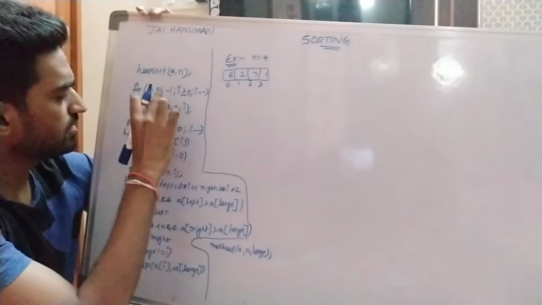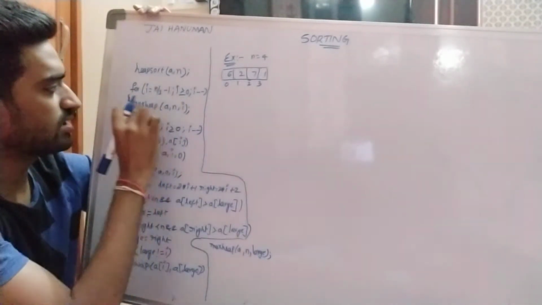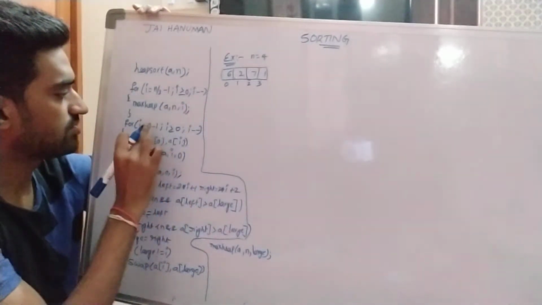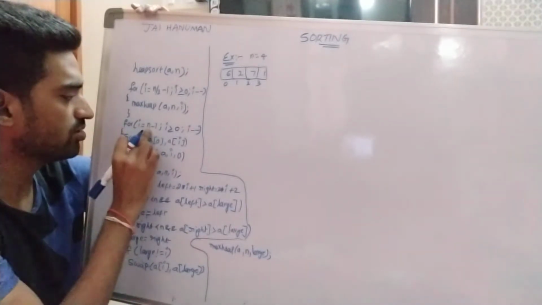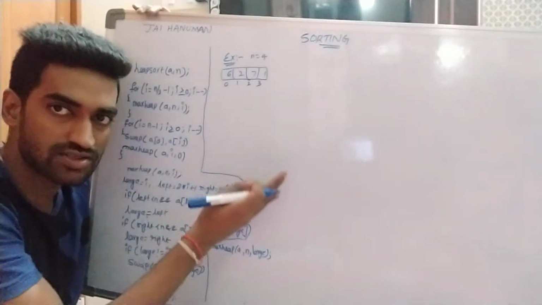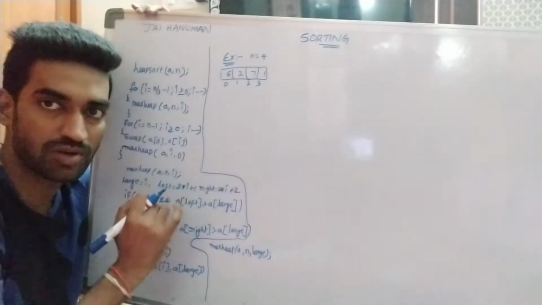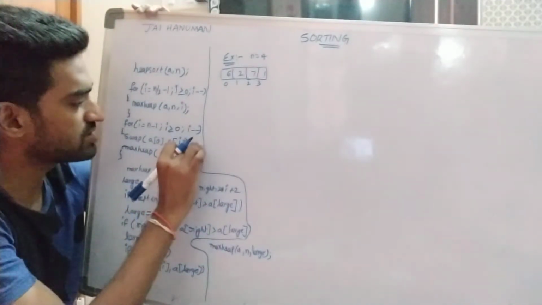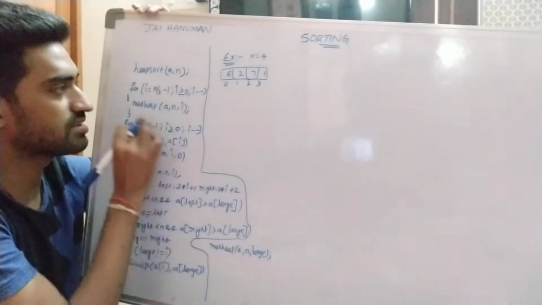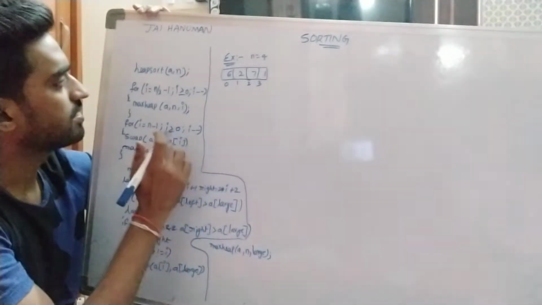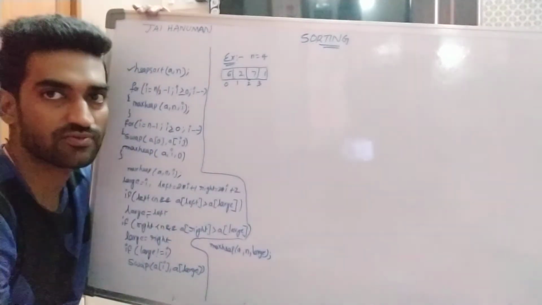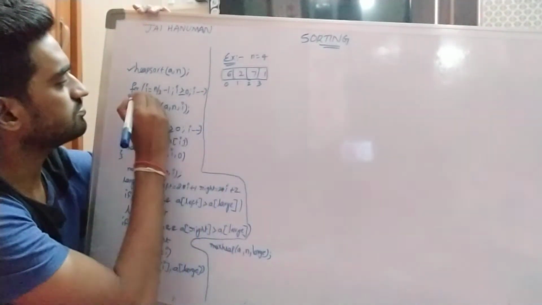First of all, there are two loops. One loop is for max heap tree construction. After construction of the max heap tree, we check one more loop, in which we swap the root node with the last node and check whether it satisfies the max heap tree property or not, right? For replacing we use this loop, and for constructing the max heap tree I use this loop. First I create the max heap tree for this array using this loop. For that purpose I call the heap sort function, right?